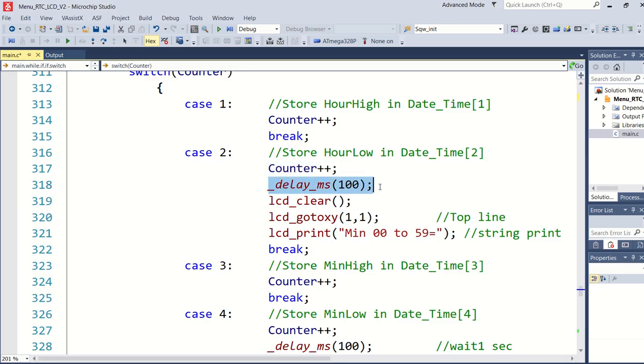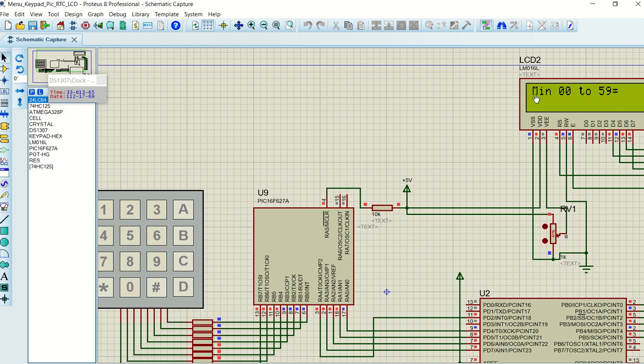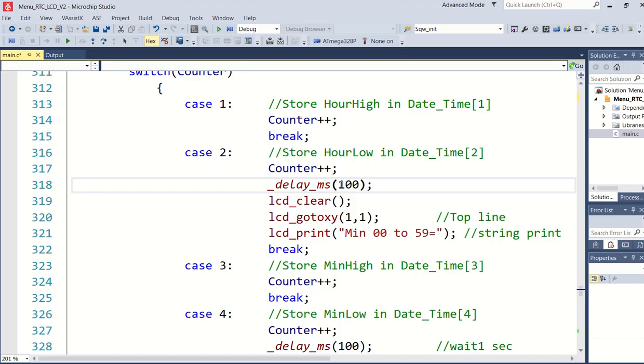And there's a certain delay. And this is just, in the previous case, remember we started off with hours, it was just to keep it there for 1 second. And the reason for putting 100 here is because Proteus has got a problem. I'm making use of a 16 megahertz crystal. If you make use of a 16 megahertz crystal, you must just make it, if you want 1 second, it's actually 1 divided by 10. Just make it 10 times less. So this is why this will, on the screen, show as a 1 second if I use 100. In real life, of course, you'll use a 1000.